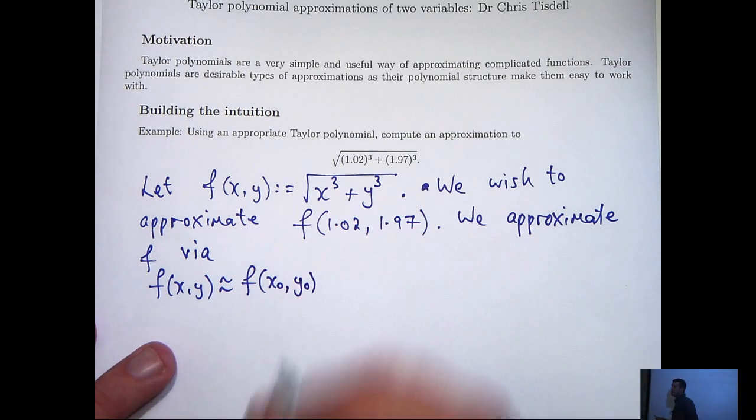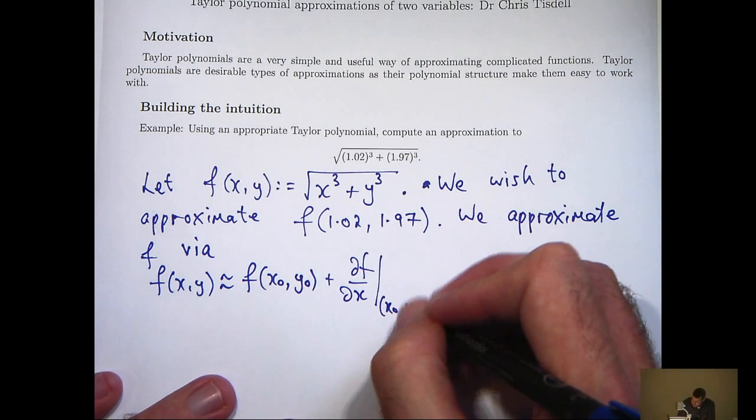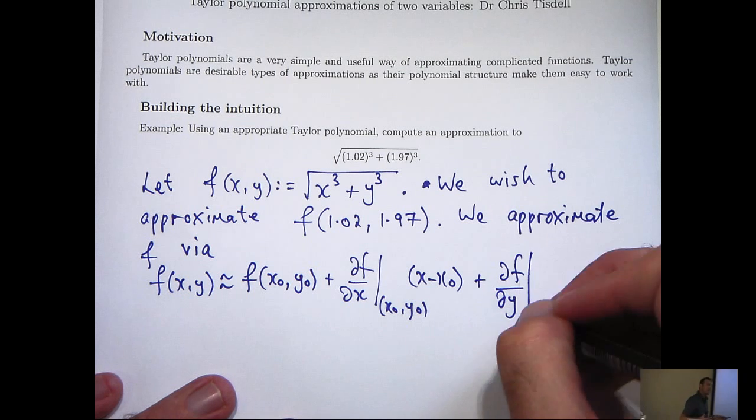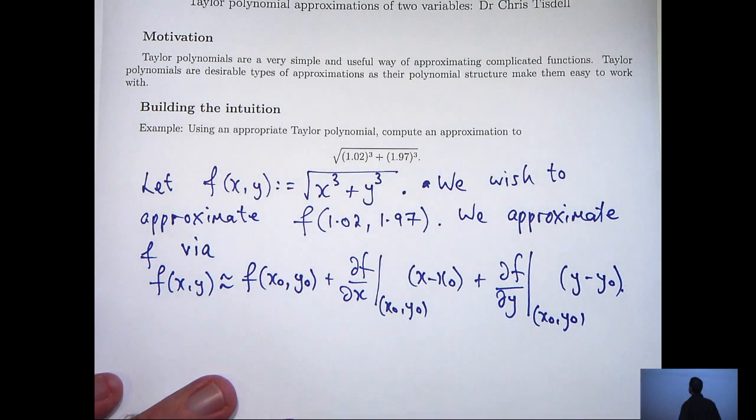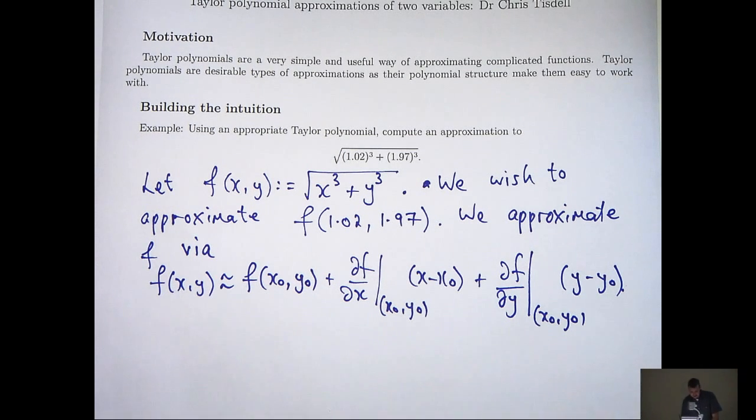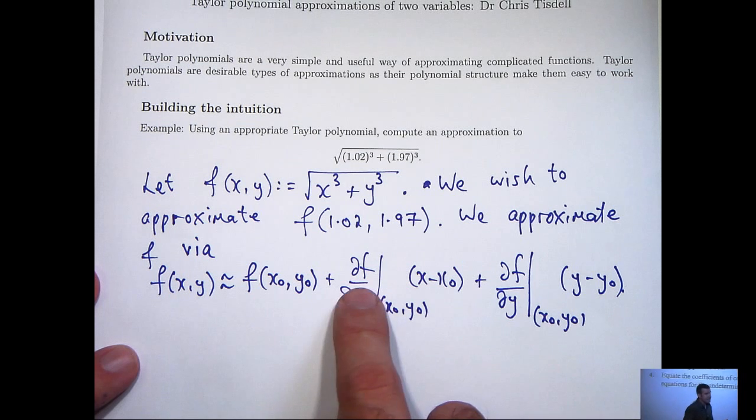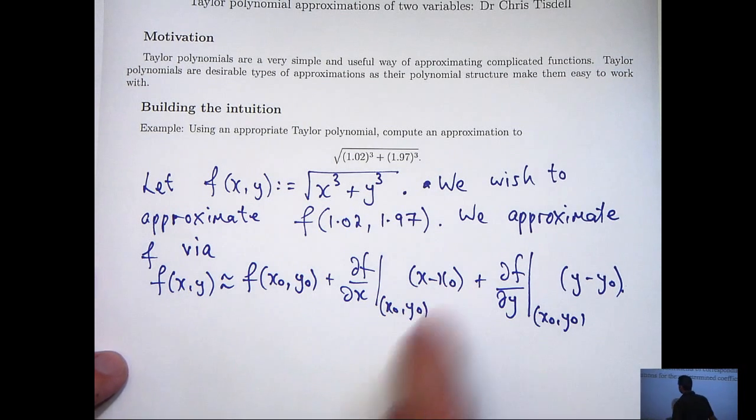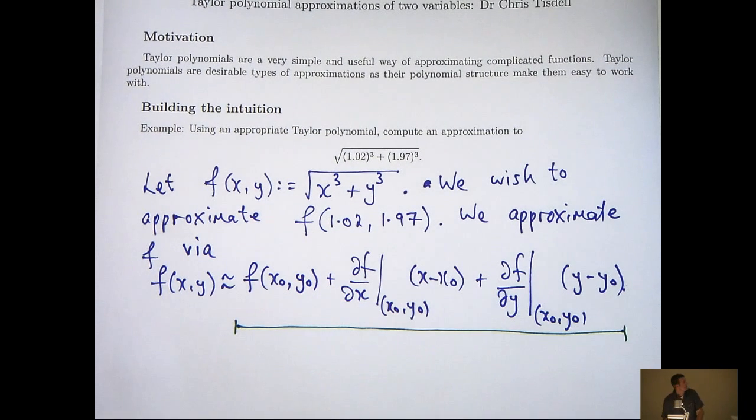Now, x0, y0 is just some point. Let me just explain some of the notation here. x0, y0 is just a point. Here we have the partial derivatives, and these lines with the subscript mean that each of these partial derivatives is evaluated at this point, and they're just multiplied by x minus x0 and y minus y0 respectively. Now, this right-hand side is known as the linear Taylor polynomial approximation